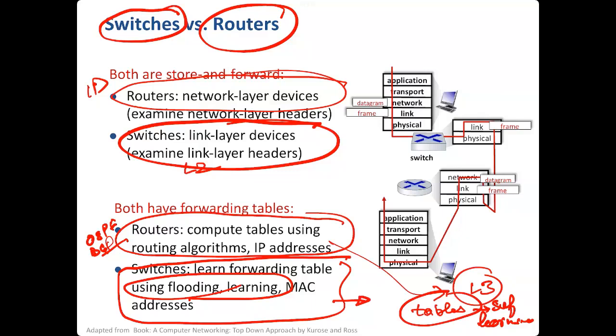Yes, it will take a lot of time. See, the whole world's machines, how can you broadcast this? How can you do learning for the whole world's machines? The domain is just too large for learning, right? Here in a local area network, the domain is very small, maybe 10 machines, 20 machines, 30 machines, but not billions of machines, billions of addresses. Then what will the table size be? Suppose you start doing that, then the table will have billions of entries. What will the searching time be? Huge, right? So this will not work at layer 3.